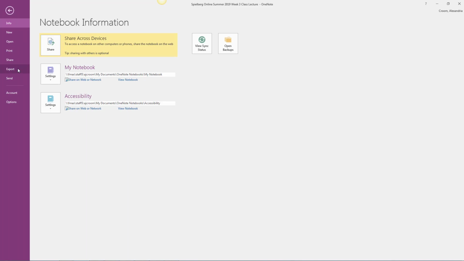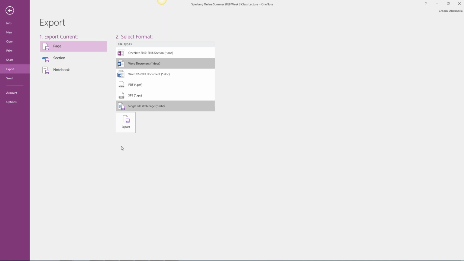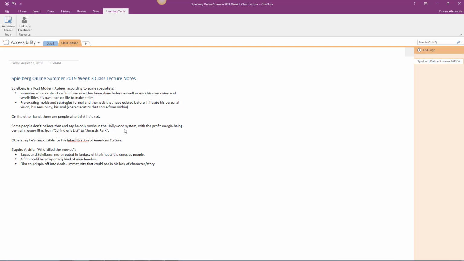The other thing is that there is an export option here. So you can export a document from OneNote into a Word document, and I'm going to do that just so that we can see what that looks like. I'm just going to do this one page. I could export the full notebook, so I could export all documents that I put into this one notebook, if you will, all the tabs. I could put that all in Word, or I could just do this one page. So I'm going to do that. I'm going to click export,